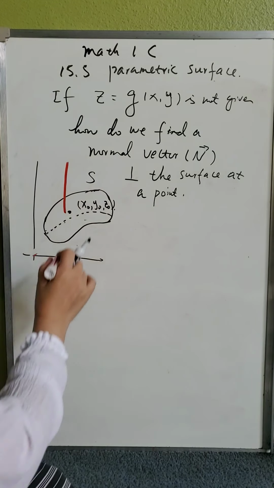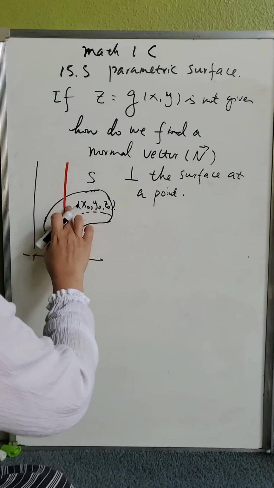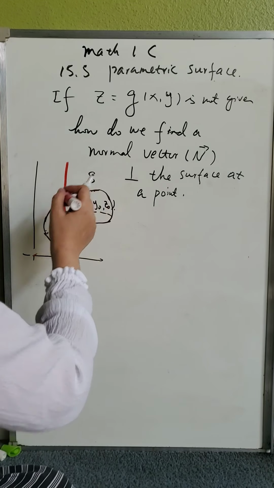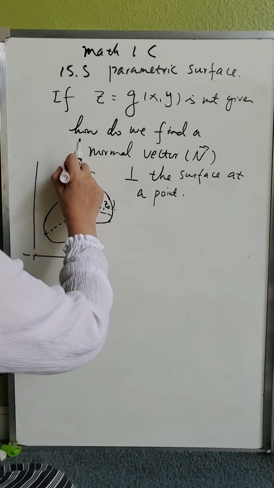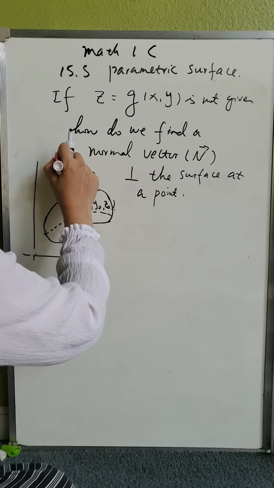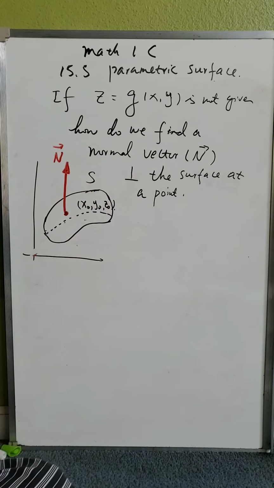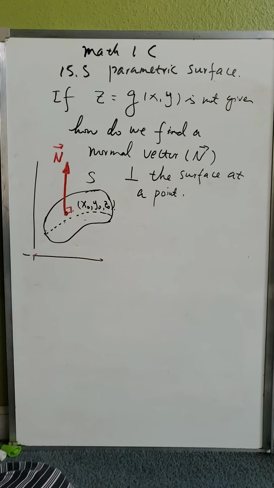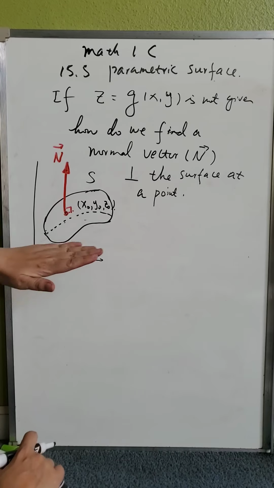Oh, sorry. I had to erase this one right here. And then I said, can you find a normal vector here that is perpendicular to this surface? Then you say, I'll just find the gradient. That's what we did, right? In 13.6. In 13.7, we used that to find